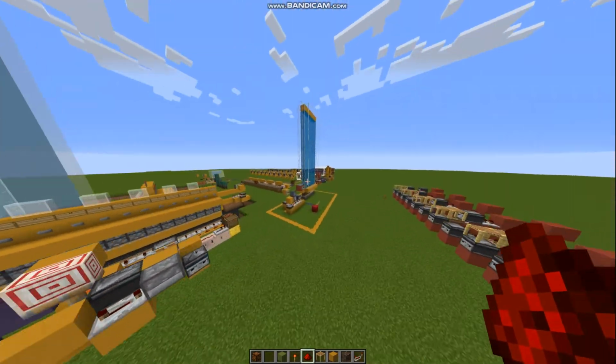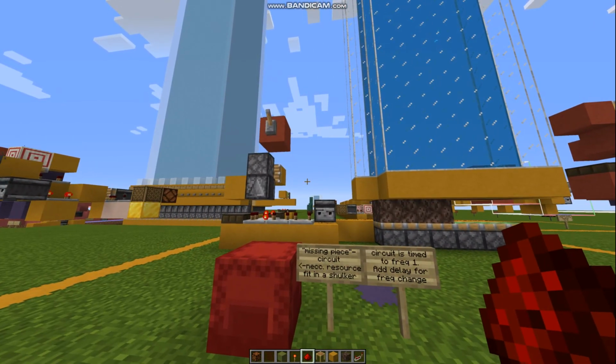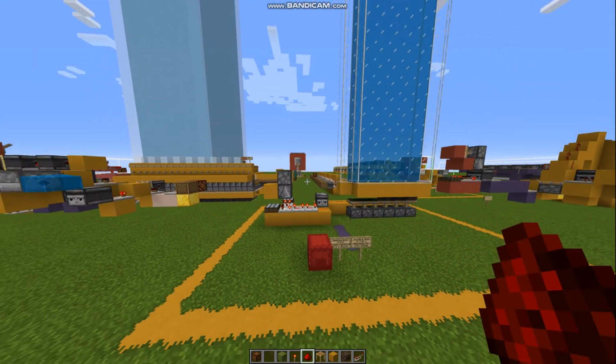But if we build up this thing right here, which I call the missing piece circuit, the antenna will start to work again, and that we can check for. So if I turn it on,